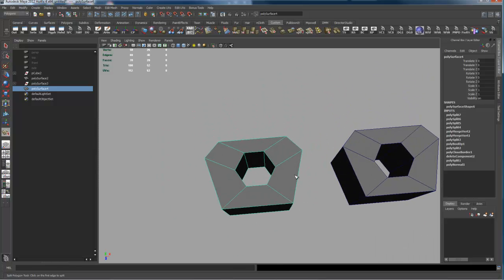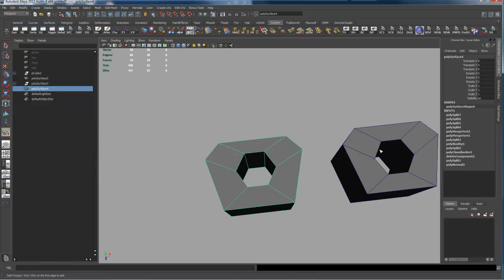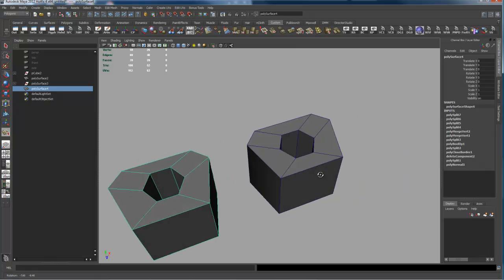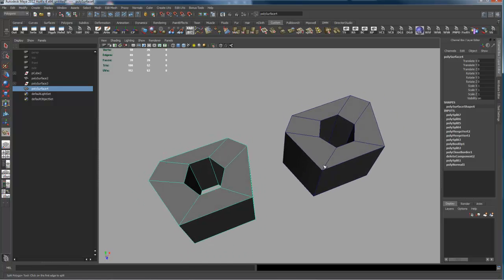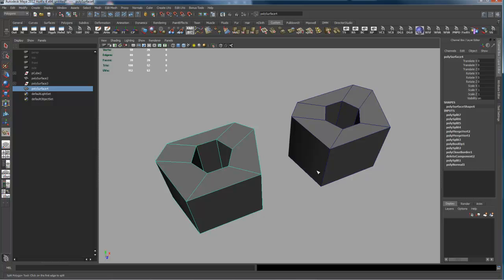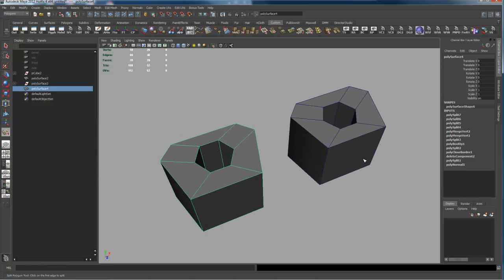And there you go. I hope this clears up what's happening when you cut a hole in a surface, and why you can't cut an edge from the outer perimeter to an edge of the hole, because Maya shows that there's some sort of established connection between the two. I'm not really sure why, but it's done that since the earliest version of Maya that I can remember, and you